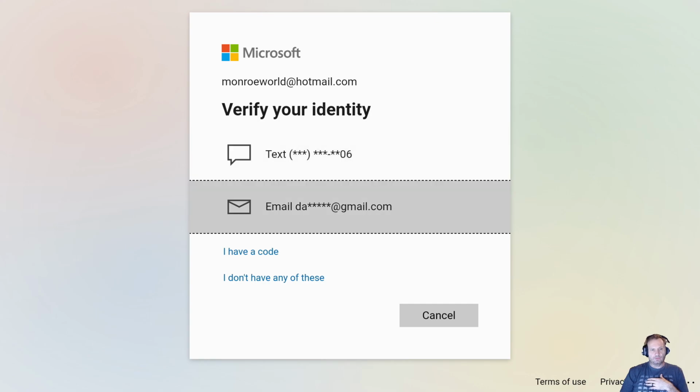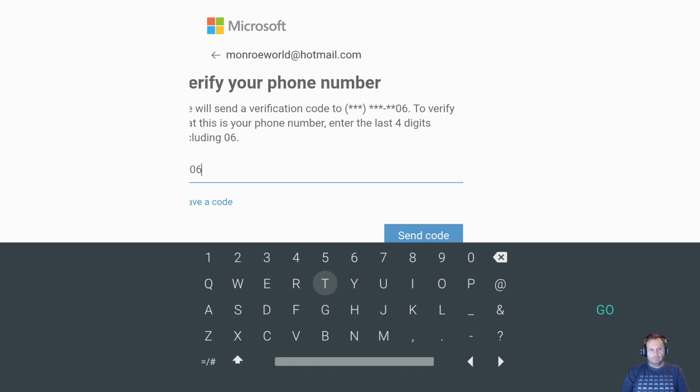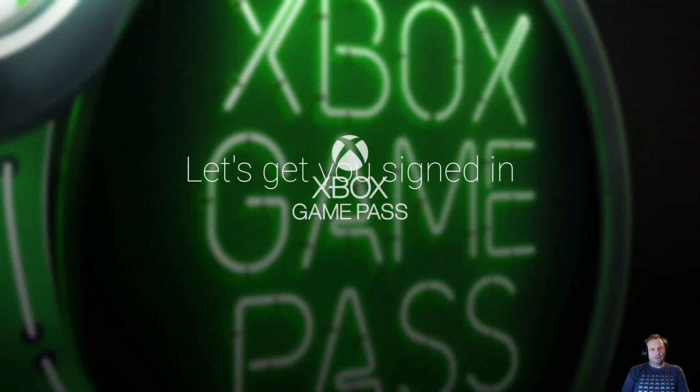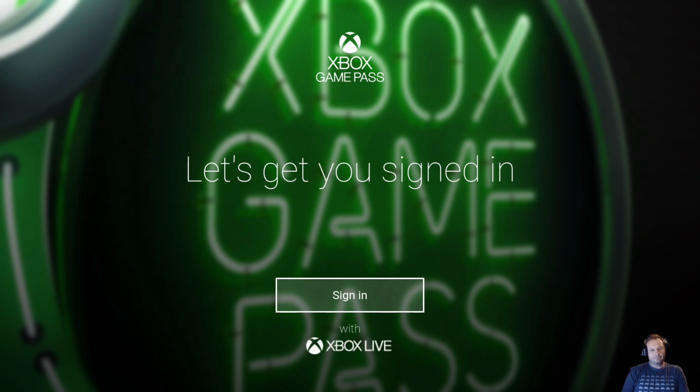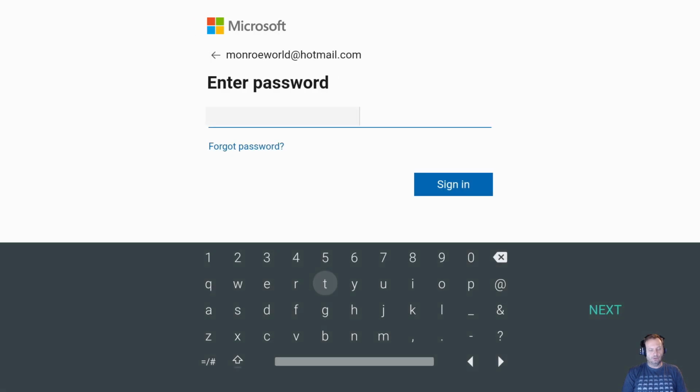Okay, and then, of course, if you have two-factor authentication, you'll have to do that. I'll wait for my code. There it is. Okay. Now, what's that all about? Now, I saw this happen once before, so I'm glad it happened again. So now it's going to make me go through this whole thing again. I don't know what happened. Actually, I do. But this is going to be a very common pitfall for those of you who may be doing it.